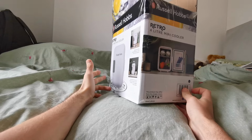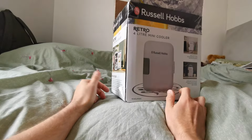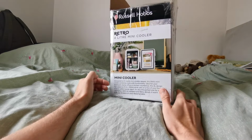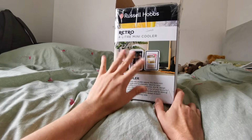Taking a look at the box, we can see it's got lots of photos of chocolate bars and cans of Coke and all manner of things in there, and it's in fairly nice packaging. I bought this fairly cheap, it was on sale at my local supermarket, but you can get it on Amazon